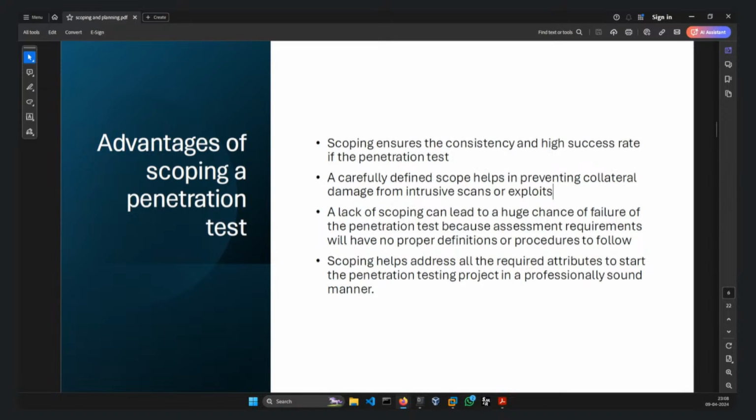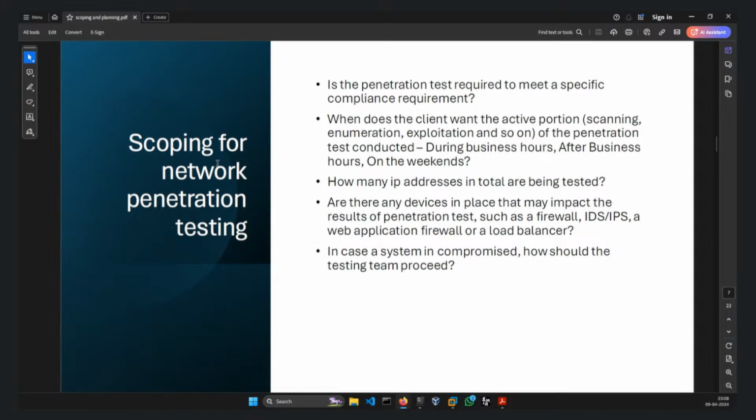All right. So, as we have seen these advantages of scoping of a penetration test, now coming to the next part, which is scoping for network penetration testing. Here we will see what things we have to consider while going for a network penetration test. The first one is: is the penetration test required to meet a specific compliance requirement? Like we discussed in that part, is the penetration test happening for the purpose of meeting compliance requirements